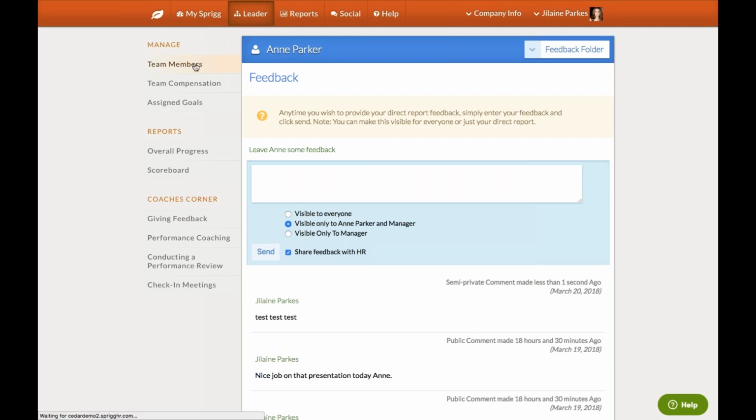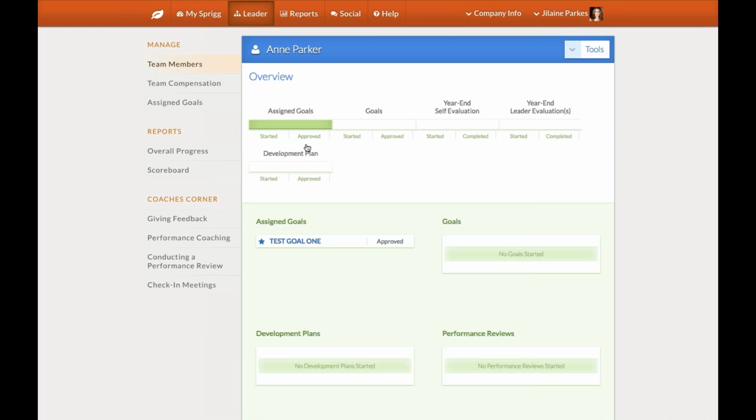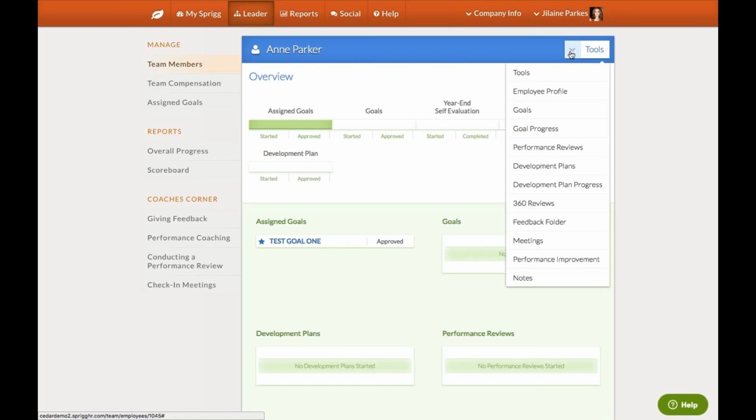Okay, let's hop back over to the team members section here. And what we're going to do is we're going to conduct a review for Ann Parker, one of our employees here. And the way I do that is I access the Manage tab, which brings me to a specific profile or overview for Ann. And then I would access my toolkit where I can have now viewing several features, including